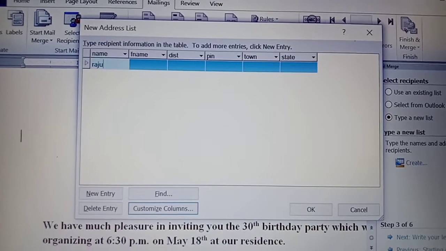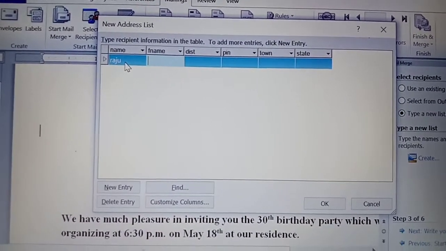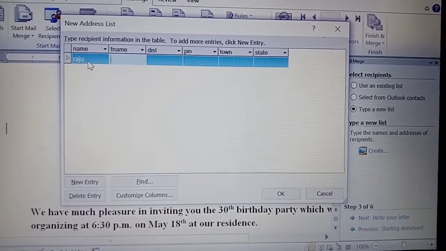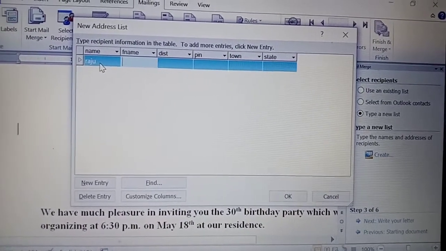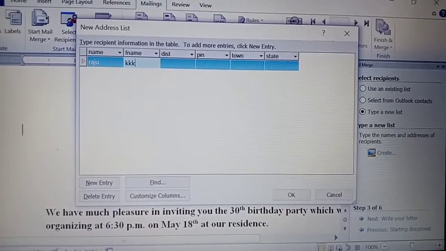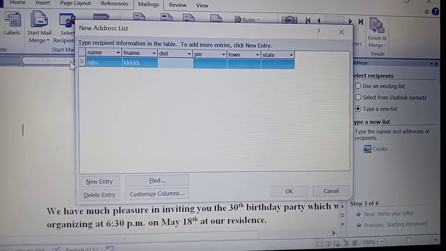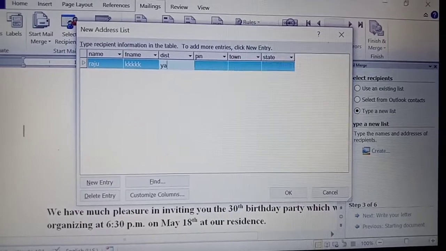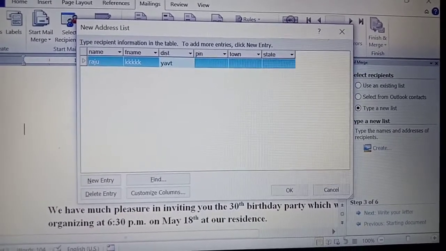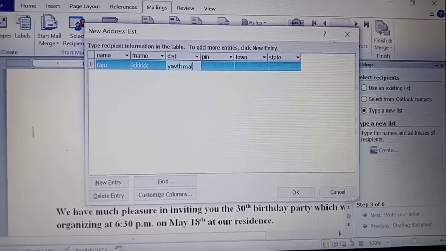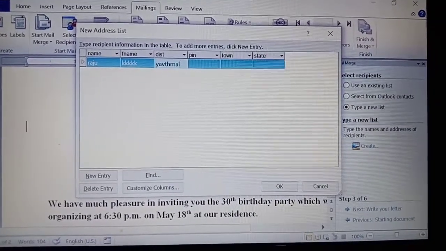Father name. Whatever the father name of your friend is, you can type here. For example, now I'm typing. Okay, district Yavatmal. For example, I'm taking a pin code.